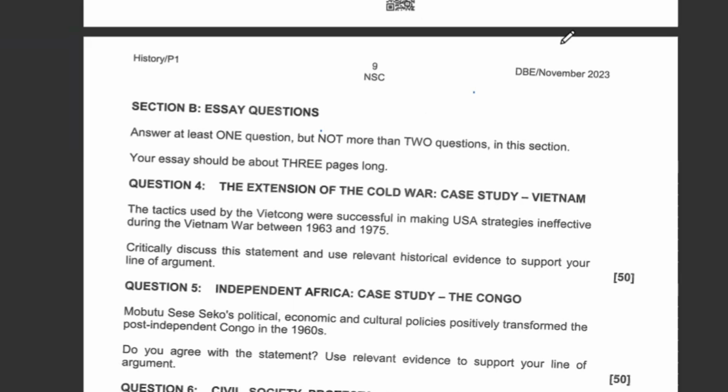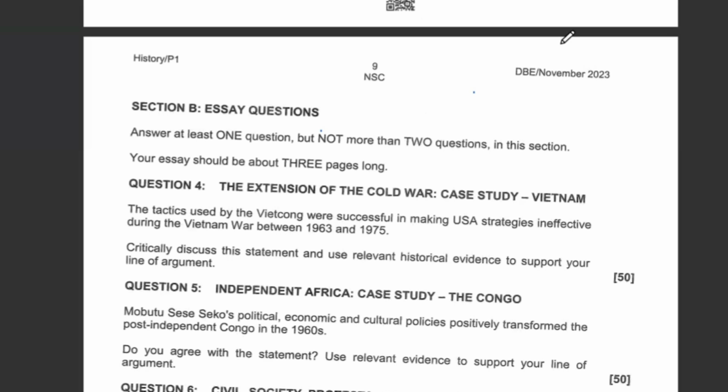Then we can also talk of, besides those strategies by the Viet Cong, I think we have mentioned a number of strategies that were used by the Viet Cong. What we also need to do, before we look at the American strategies, is talk of the tactic used by the Viet Cong which also confused the Americans and worked in favor of the Viet Cong and to the disadvantage of the strategies by America. Right. We can talk of a strategy which was called the Tet Offensive. What was the Tet Offensive?